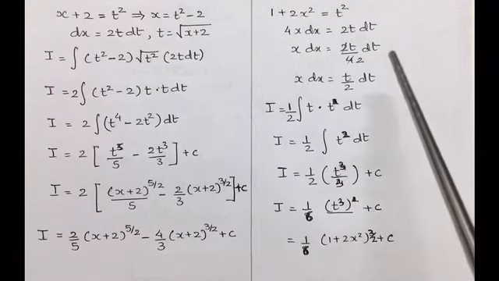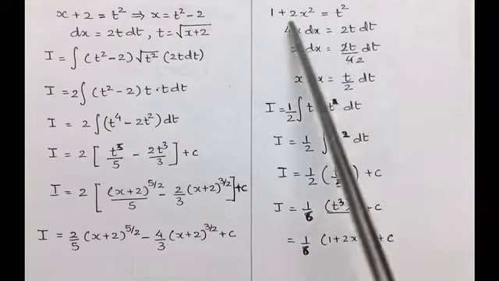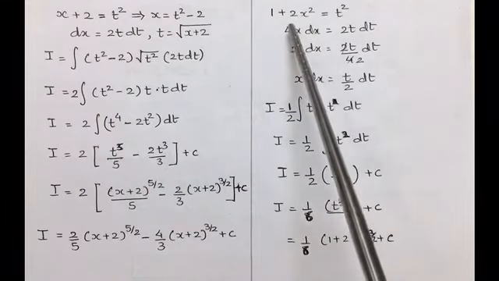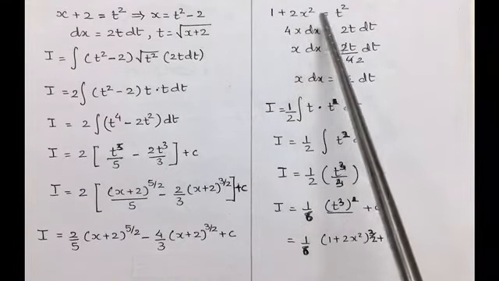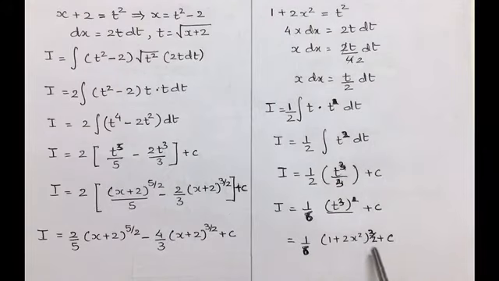t as it is, root of 1 plus 2x square. So 1 plus 2x square, 3 is already there, so 3 remains as it is, and as it is a root, we need to write there 1 by 2. So the power becomes 1 plus 2x square raised to 3 by 2 plus c. So this is the answer for the 8th one.